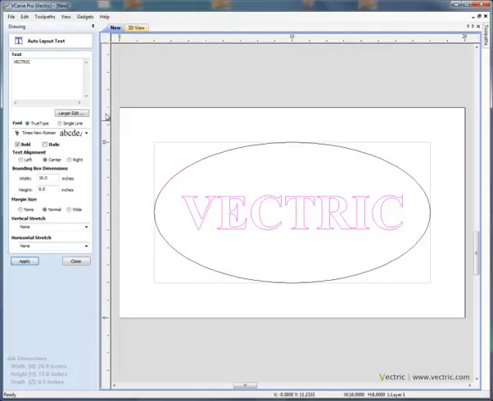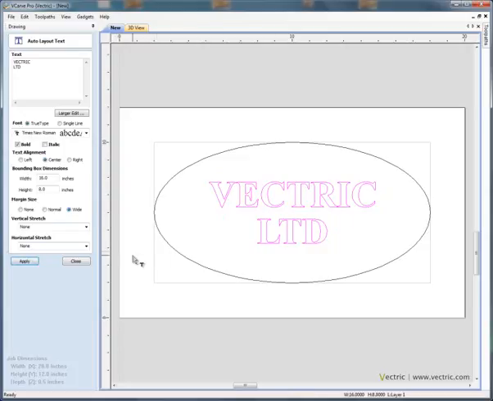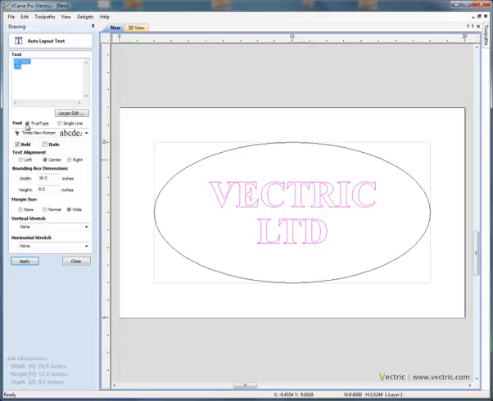and it's automatically scaled the text to fit inside our oval. We could add an extra line here, so we could say Vectric Limited and apply. Let's make this a wider border and apply, and it will scale the text down for us. So close. If we wish to edit this text, simply select the text, go back, click on the font tool, so draw text, and it opens the text layout tool